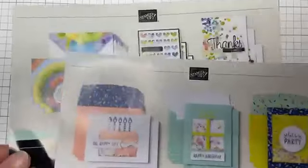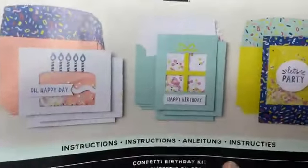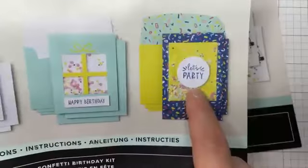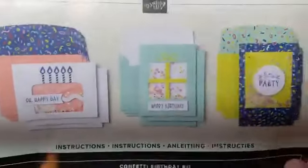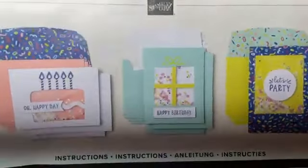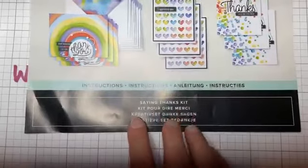All right, but right now what I want to do is get right to our project. And in another episode of Kit and Cuppa, I actually made one of these cards. I made this one, so you can look back at that. I think it was a couple of weeks ago, back when I was still at home in St. Stephen. But here today, we are going to make this card, but we're going to use supplies from the Saying